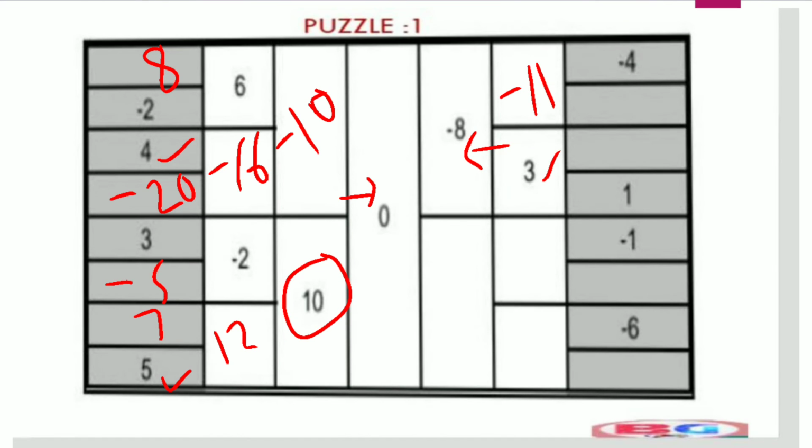After combining -11 and 3, we obtain -8. Now we get the clue for the previous one. What should be added to -4 to obtain -11? -7 and -4 give -11. Now there is no clue given for the downside boxes, but one clue is given here, -8. What should be added to -8 to equal 0? You can add 8, so 8 plus -8 equals 0.